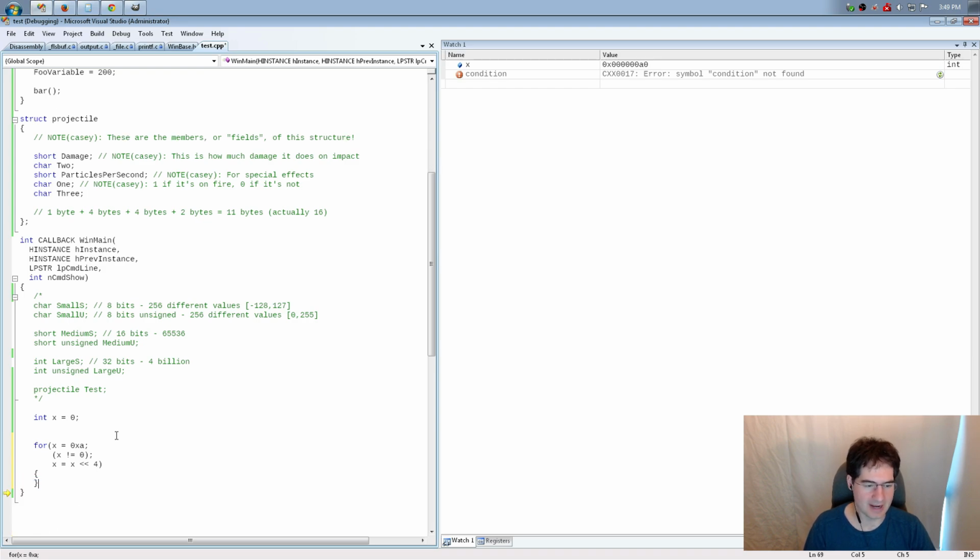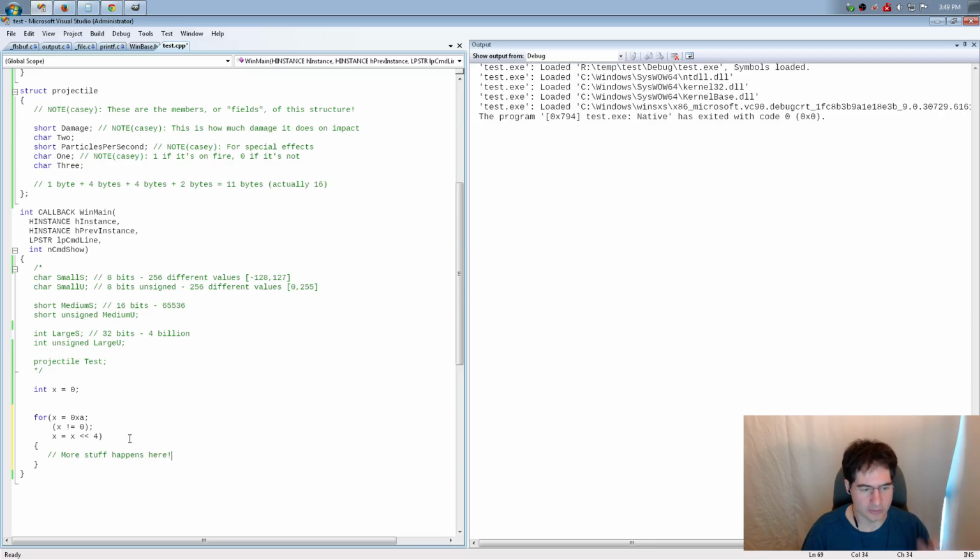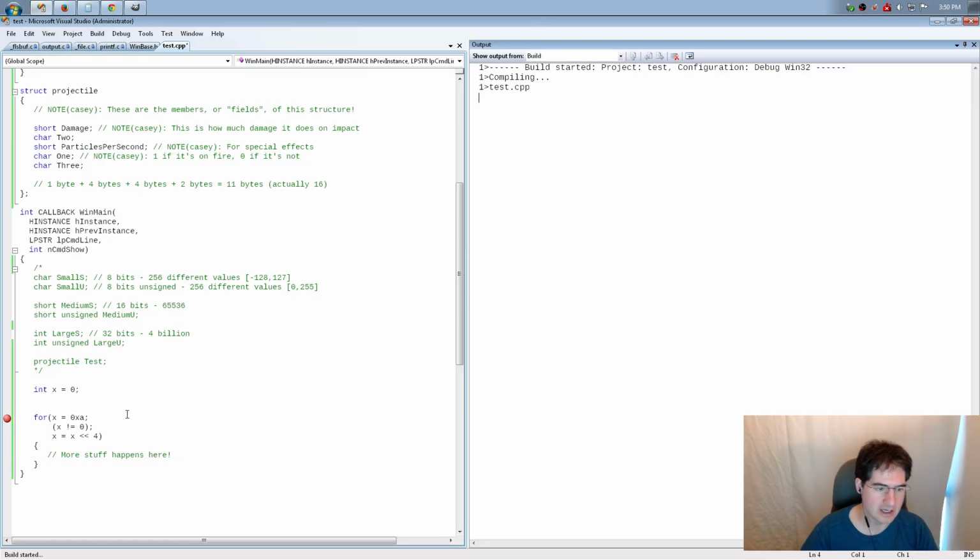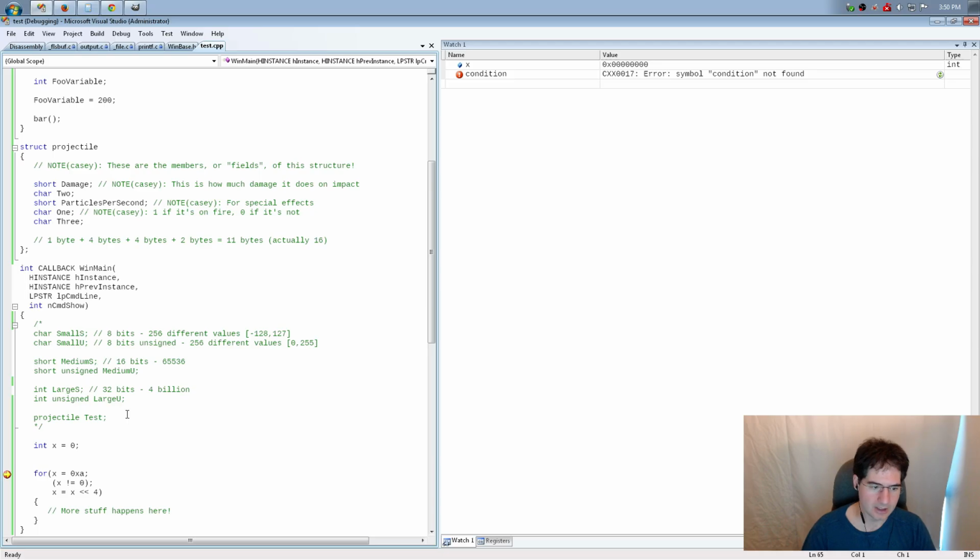And in this case, we don't even have anything to do in the body, but this is where more stuff would happen if you were doing a more complex for loop. The for loop is basically kind of like the uber loop, the thing that packs the most into a small space. You can see what happens if I run here.